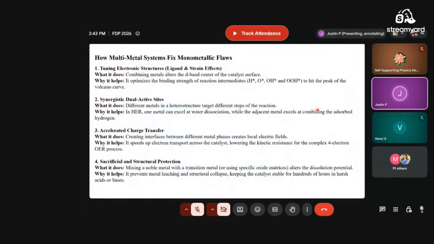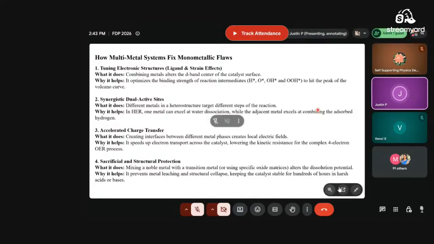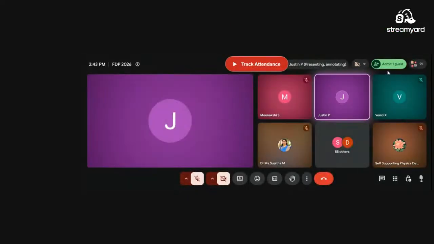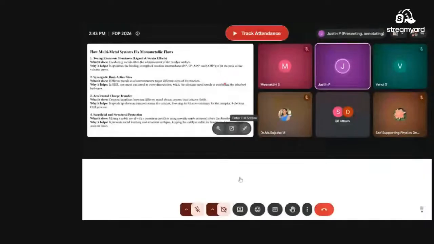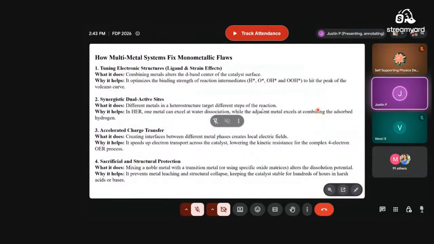So that is why multi-metal, multi-component, multi-elemental materials are very important. With that, we can change the electronic structure. We can create dual active sites, in the sense that we can push the Fermi level near the D band center, so we can increase the active sites. So based on these merits, we are employing